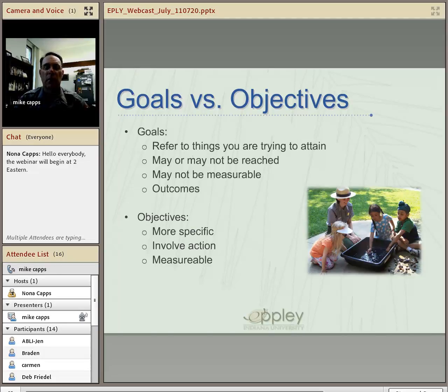Now, objectives, on the other hand, tend to be more specific. They often involve some sort of action, and it is easier to measure them. So, keeping in mind that goal that we have here, a couple of our objectives are to relate information in a relevant and interesting manner about specific people and experiences that had an impact on Abraham Lincoln. So now we're going to talk about specific people. If we're going to talk about how Abraham Lincoln's family influenced his development, then we might look at his father, Thomas Lincoln, as a specific example. And then